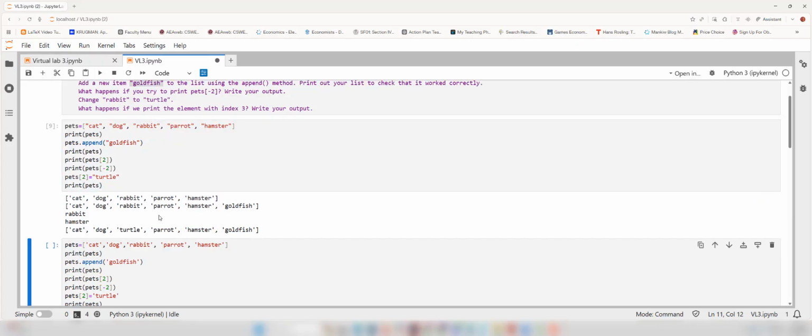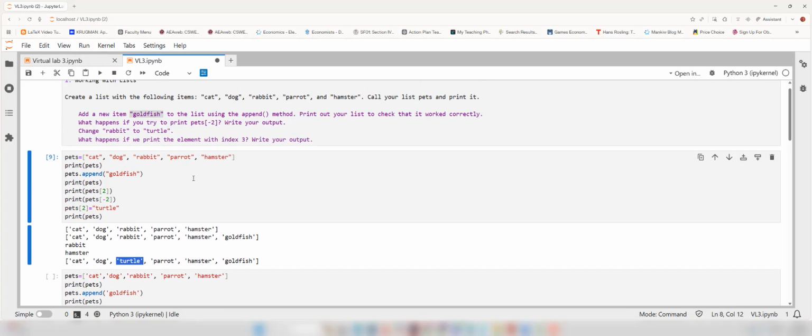And let's run it. Yes, you see, instead of rabbit, now I have turtle. So that means the list can be changed, modified. That's one important characteristic of the list, and that's one of the reasons we use it. So the final question is, what happens if we print the element with